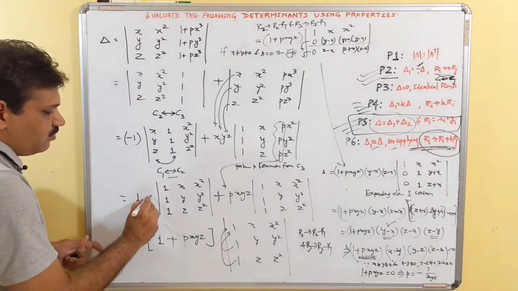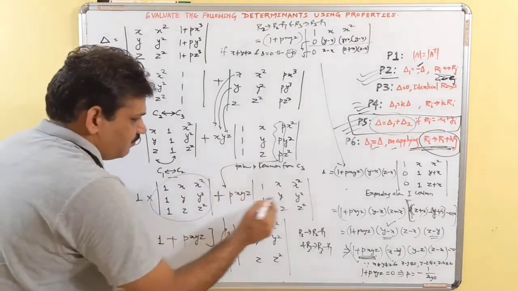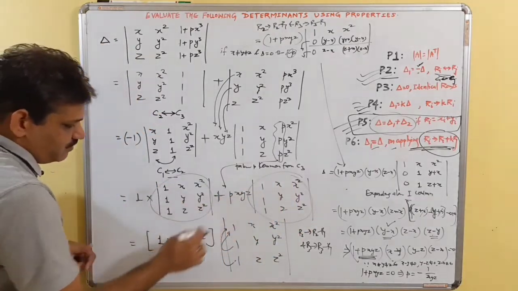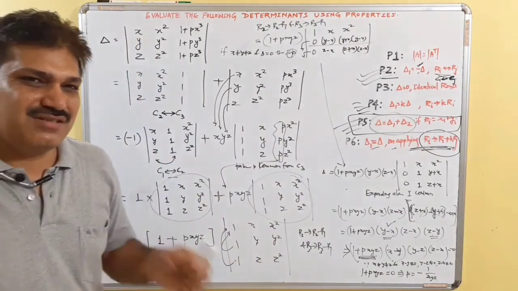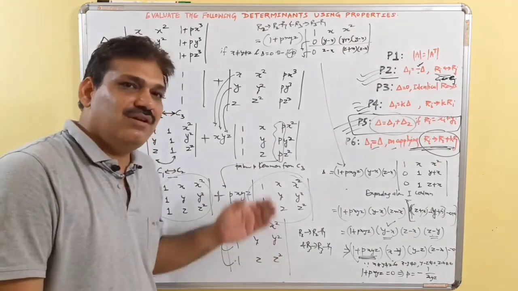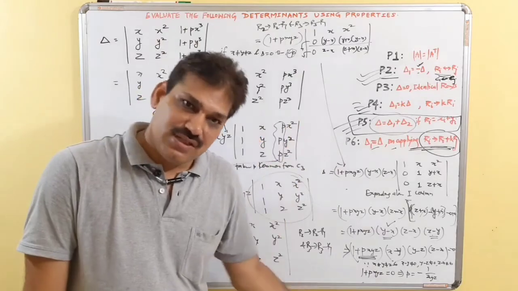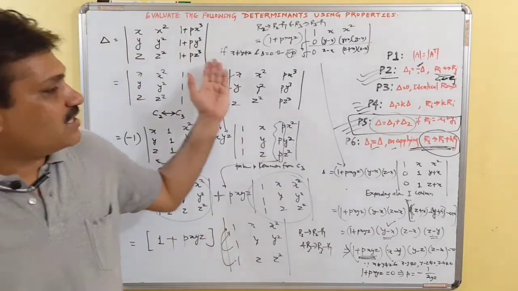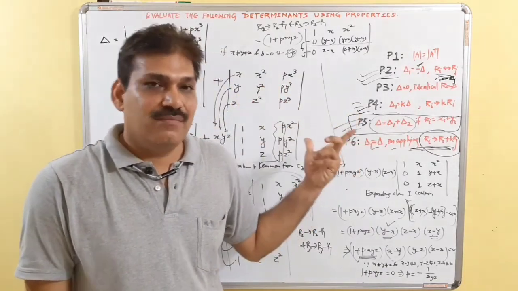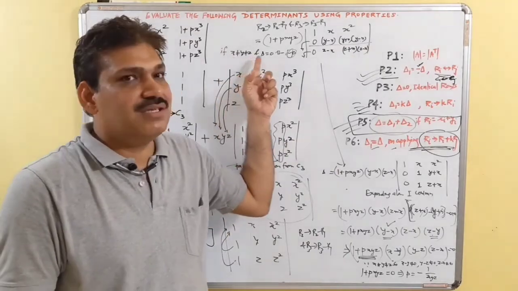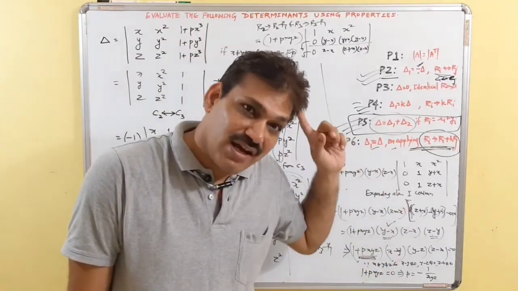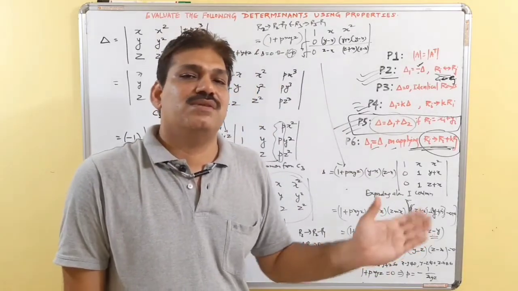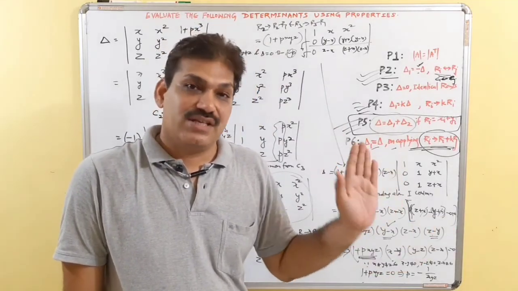So when I take common this whole determinant from these two terms, we get 1 plus pxyz into this, which is the first part of question 8 which we have discussed, and it is simply (x minus y) into (y minus z) into (z minus x). If I say that x, y, z are different numbers and delta is equal to 0, then obviously 1 plus pxyz has to be 0, and that gives us p is equal to minus 1 upon xyz.